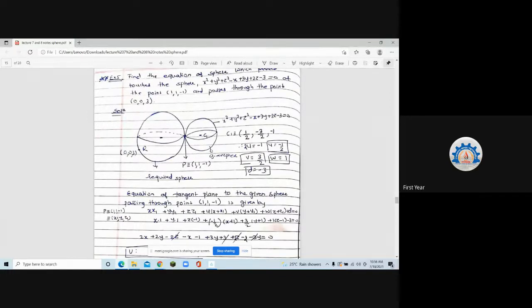Tangent plane is one of the concepts. If I'm given the tangent plane, then I can find the center of the sphere with the help of the length of the perpendicular, the radius will be found. And because of the direction ratios of the normal of the tangent plane, the line which joins the center will be the normal. So I can write down the equation of line CP, and I will get the coordinates of C with the help of the equation of line CP. So this is one concept. What concept is it? Sphere and its tangent plane.